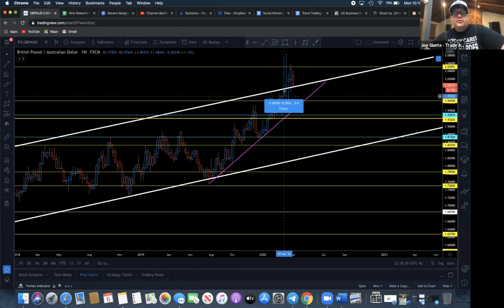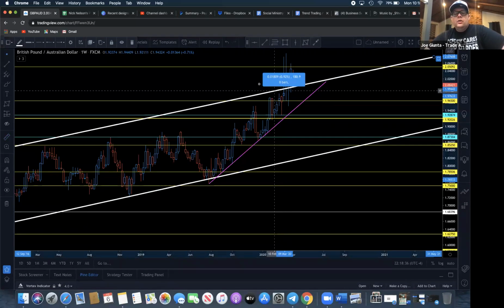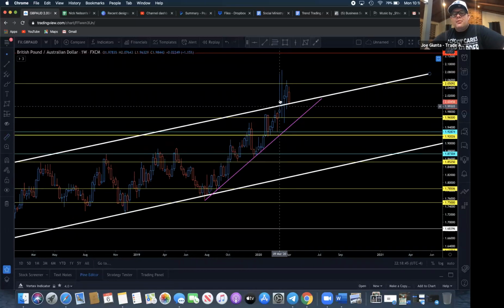Yes, it's a lot of pips, right? You're looking at 180 pips, but on a weekly chart, that's really not all that much. So we would never want to take a buy. And you say, well, look at all of this movement up, but look at that. That's sloppy movement, right? Is that high probability? No, right? Who expects this to happen all the way up and in 1 week to drop all the way back down, and then a 500 pip gap, and then to go all the way up and then drop all the way back down and then come all the way back? What kind of crazy movement is that, right?